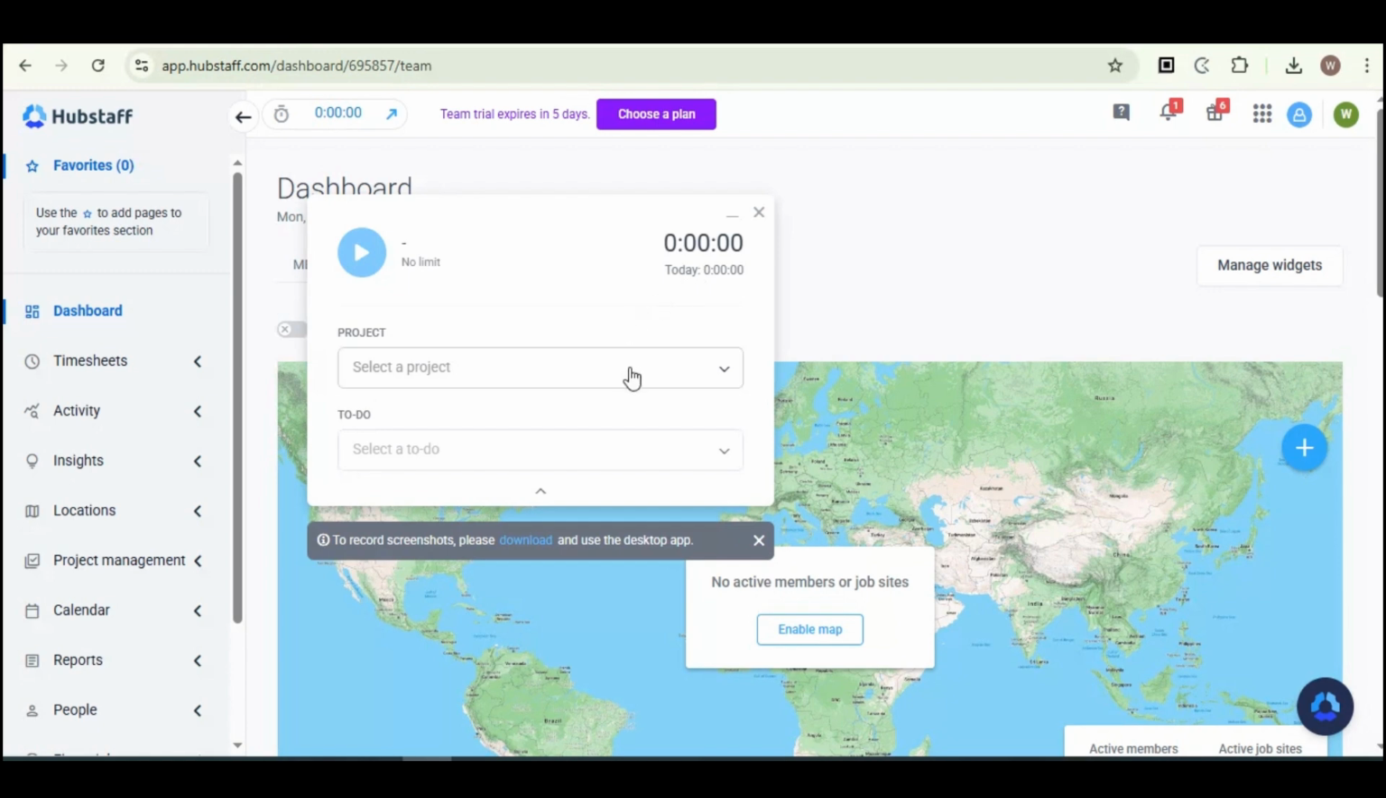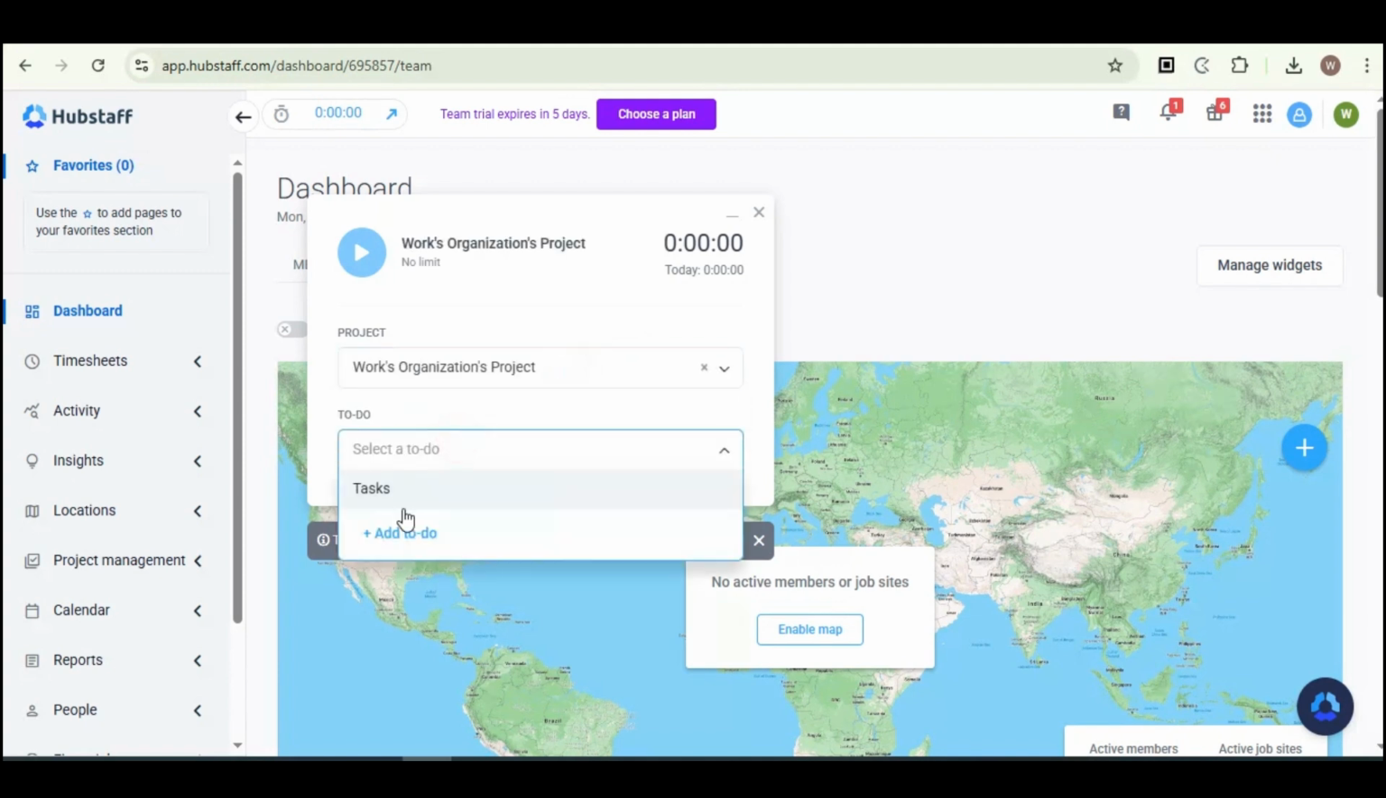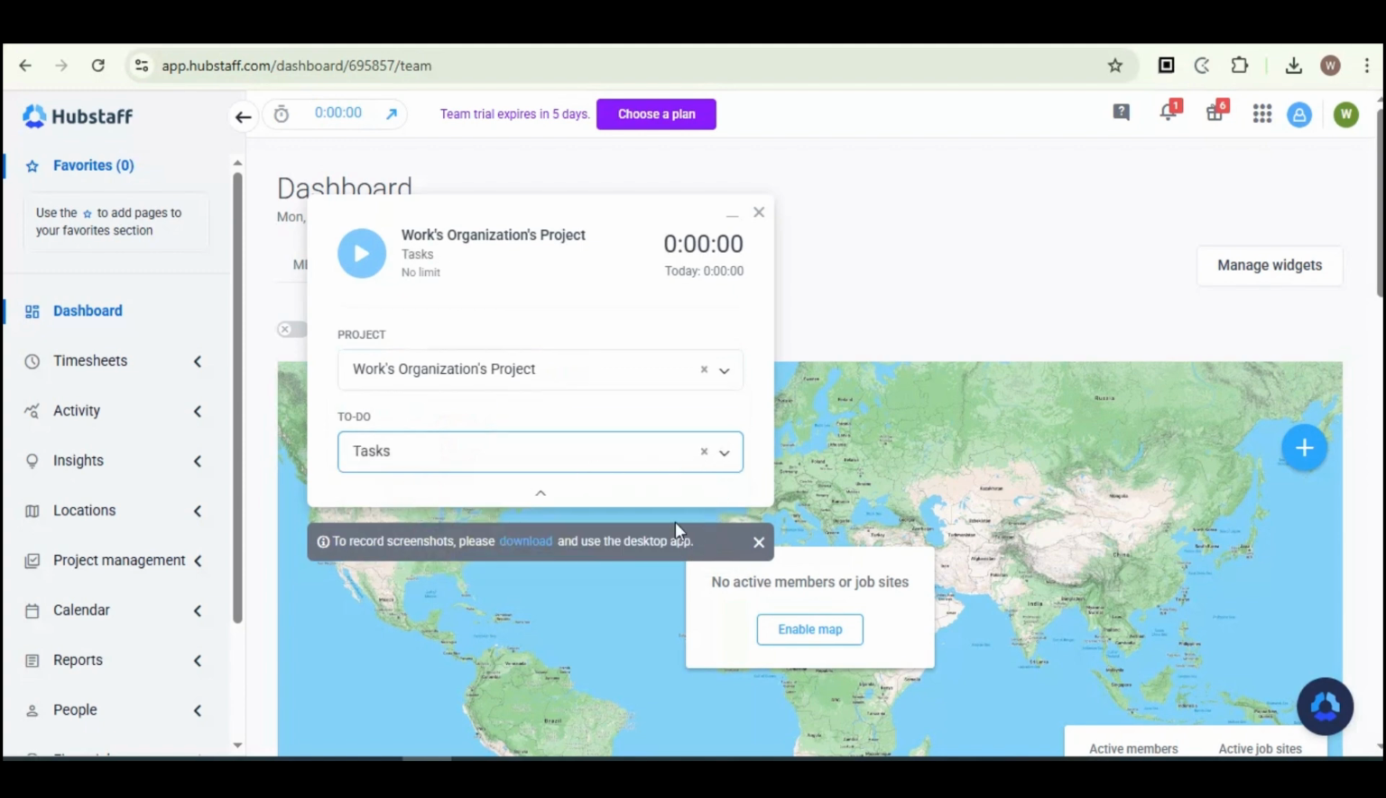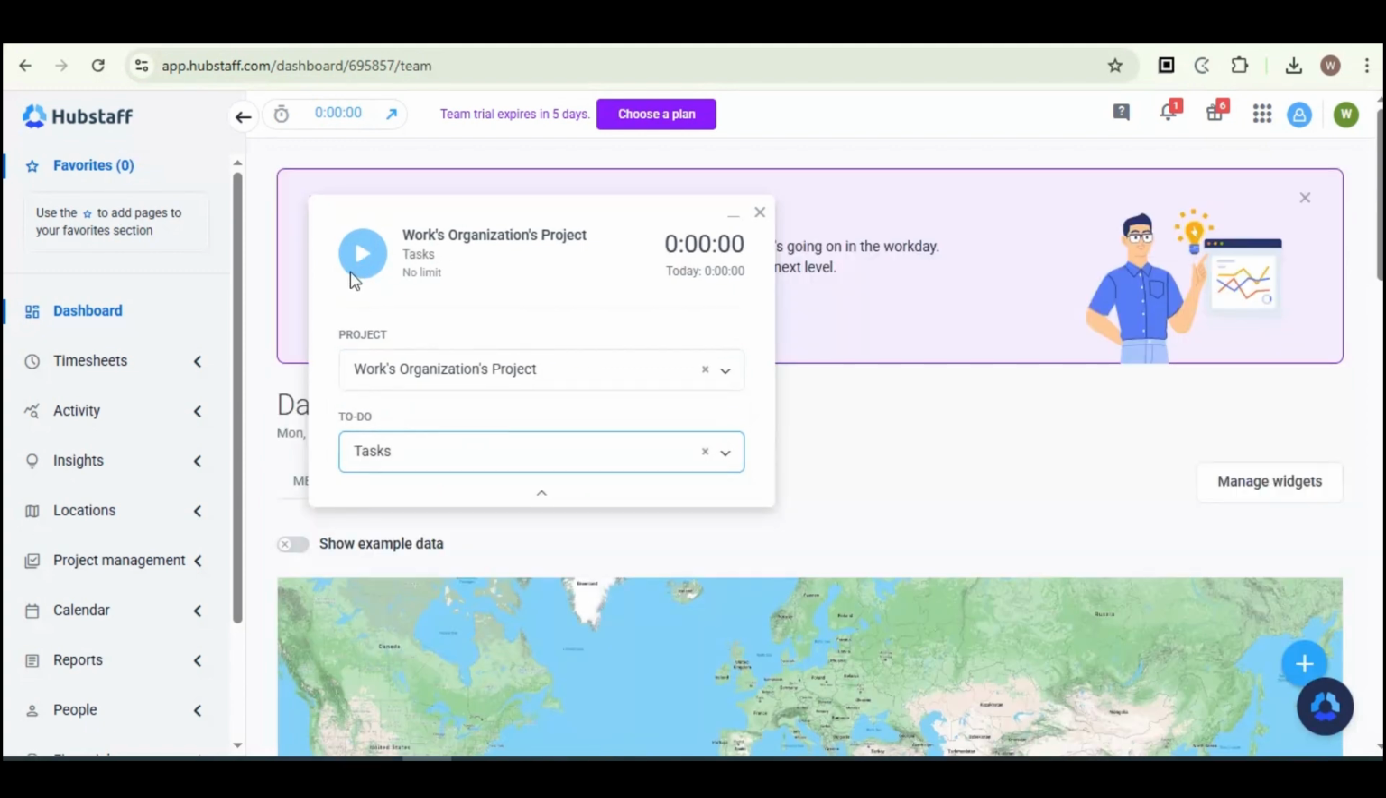Now, select a project from here. And then, select a to-do list. Now, once you set this, simply click on this play button right here, and this will automatically set the time from when you start, and you're simply gonna go back here and stop the time when you're finished on your